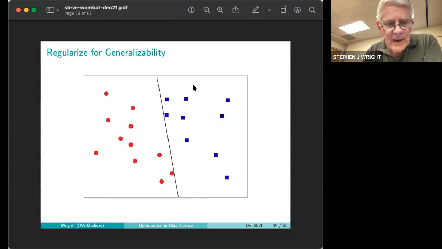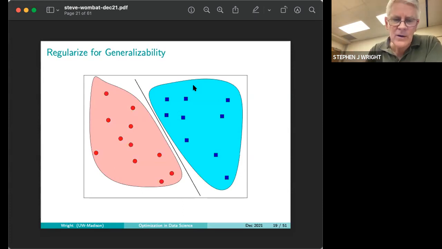And I could have figured out how to do that without knowing where the red and blue dots are. I could have said, give me the solution that not only separates these two sets, but is also as far away as possible from each of the two sets. That would have given me the solution that goes down the middle, the channel in the middle, as much as possible. Intuitively speaking, that's likely to do a good job of separating even the data that I